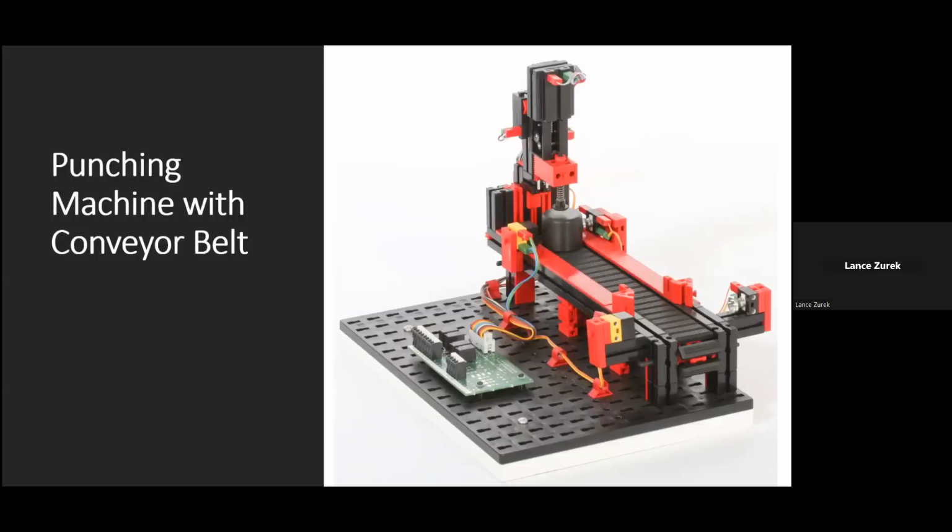The next model is a variation of the conveyor belt we just looked at, except this time with a machining station built in. Components on this model include 2 XS motors, 2 push-button limit switches, 2 phototransistors, and 2 LED light barriers. Dimensions of this model are approximately 15 by 12 by 7.5 inches, and it has a weight of